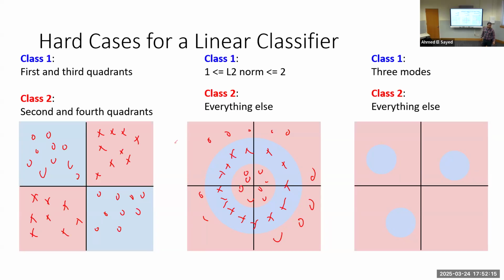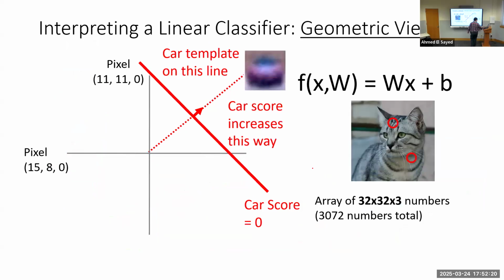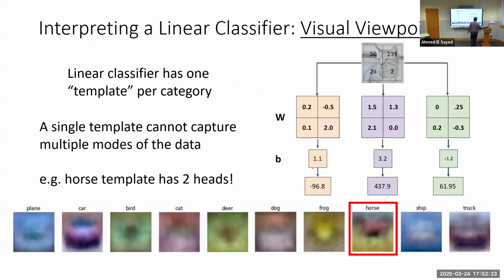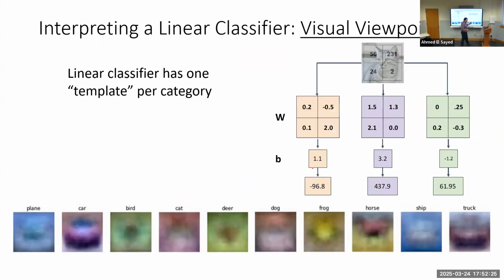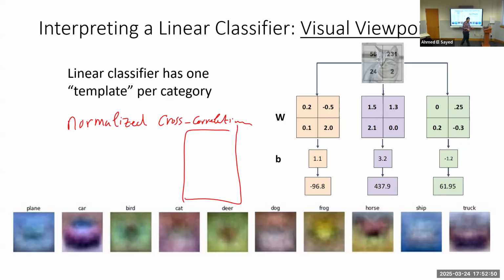Actually, the template concept used to be a valid concept for matching for a long time, using something called normalized cross correlation. And this technique is still used until this moment in industrial applications, where I'm having, for example,